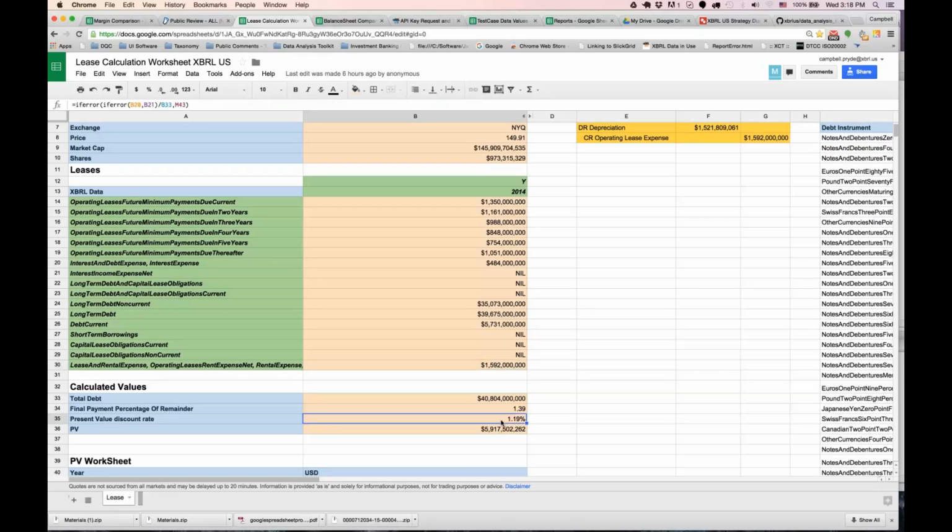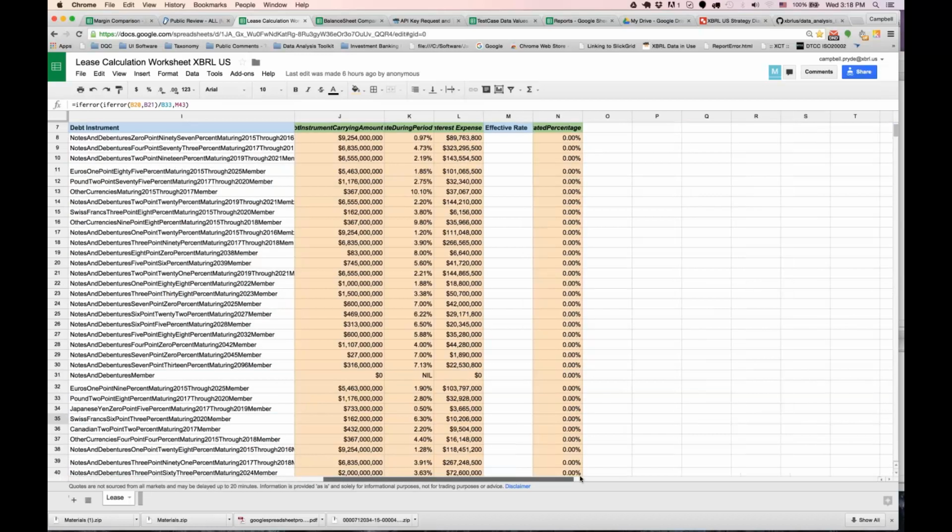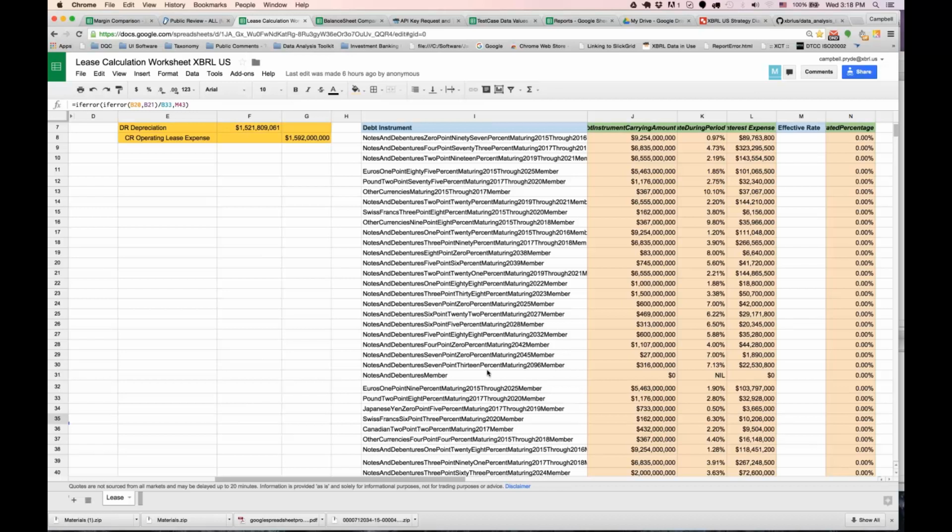And what we've done in this sheet to calculate that, we've just taken the total interest expense, divided it by debt to give us an estimate of it. However, sometimes you may not get a number for that. One of the other things we've got over on the right here is, because all this information is reported in XBRL, all the individual debt instruments that